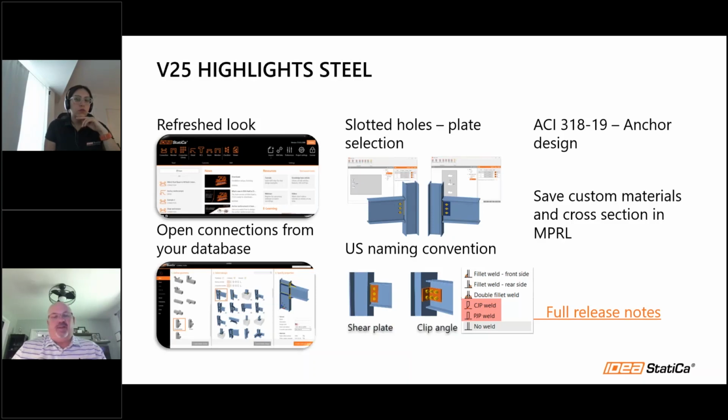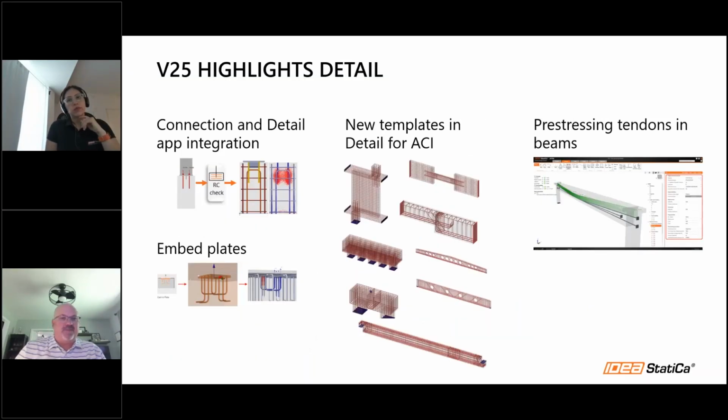This way you do it once and it's saved into your software. You don't have to keep rebuilding the same materials or cross sections going forward, especially if you use them all the time. So those are just a few of the highlights from Steel. We do have a link on that page to the full release notes, so you can always jump into that. When we start to look at Detail,